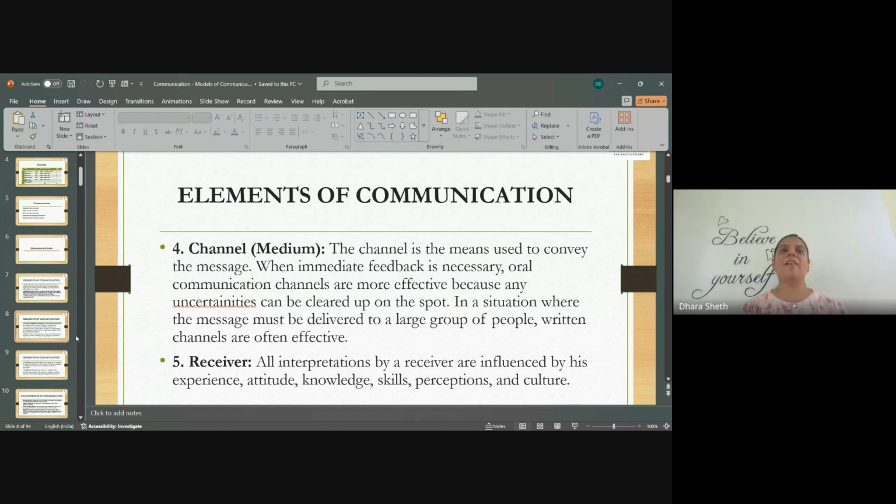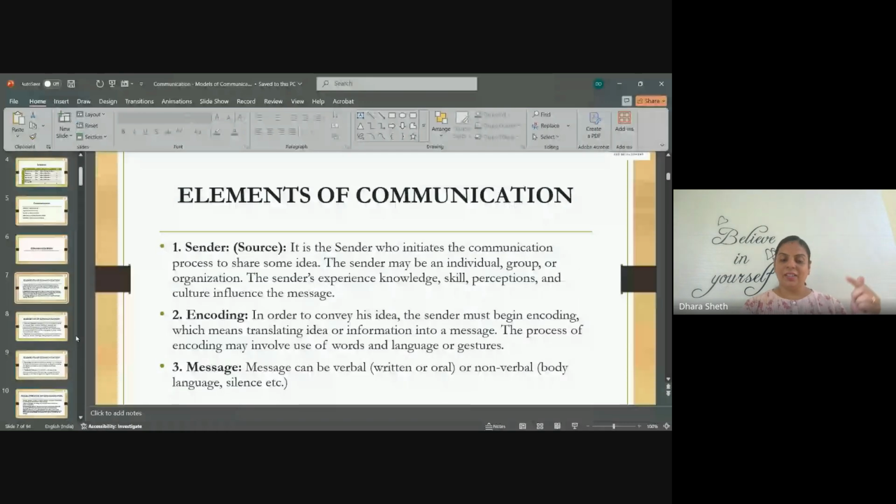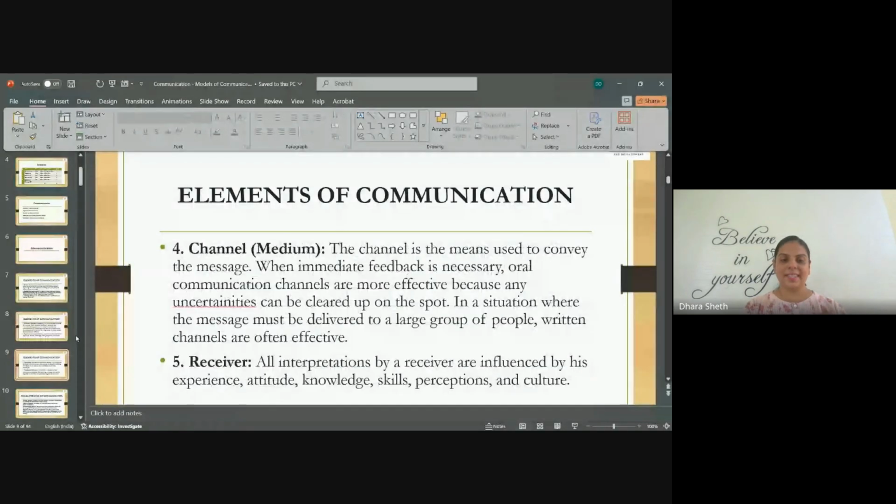But all of us have studied in a classroom, in school, someday, somewhere. So we have an idea of what a classroom looks like. There's a teacher, there's a blackboard or a whiteboard, there's a group of students sitting on benches, probably taking down notes or listening. That's the perception that comes whenever I say the word classroom. So if I'm teaching you classroom communication, because you have prior knowledge of that, based on that, you interpret the message that I share. Okay? Sender, encoding, message, channel or medium, receiver.